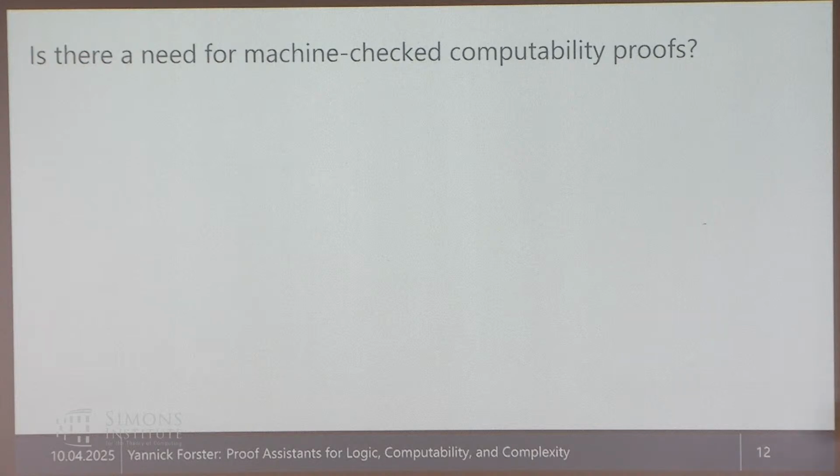So one thing we can ask maybe here is, maybe there is no need for machine-checked computability proofs. I think probably if you are here, or if you have listened this week, you have an idea, or I believe that there is a need for this in certain areas. It actually helps in certain areas to have machine-checked proofs, to have the highest kind of trust in results. But maybe actually in computability and theoretical computer science, it's not so relevant.